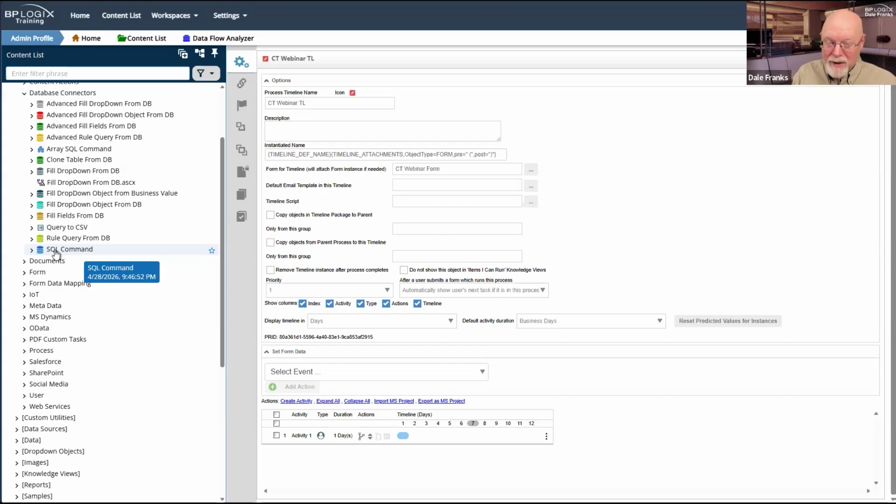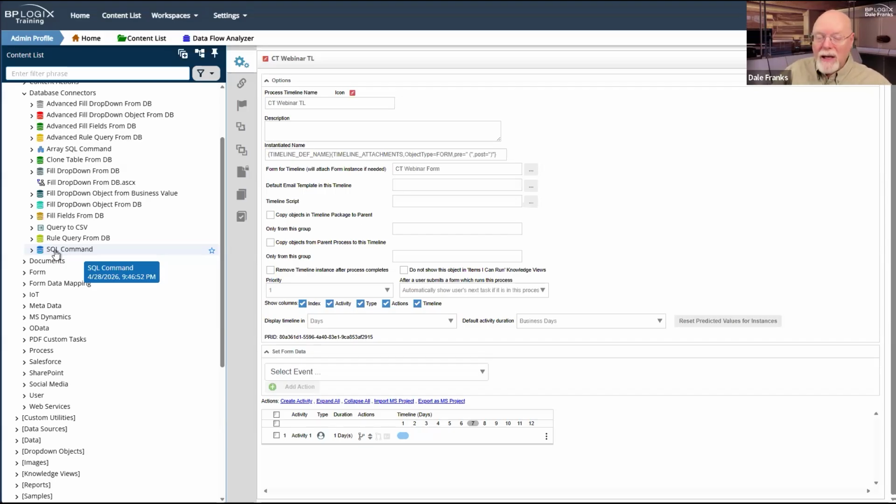What you don't want to do is run an update, insert, or delete command from a business value, because business values are global and every implementer has access to a business value. And if your business value says delete something, then every time that business value gets called, something is going to get deleted. And if I stick that business value on a form, every time a user uses that form, they can invoke the business value and data will be deleted. That is an extraordinarily bad idea.